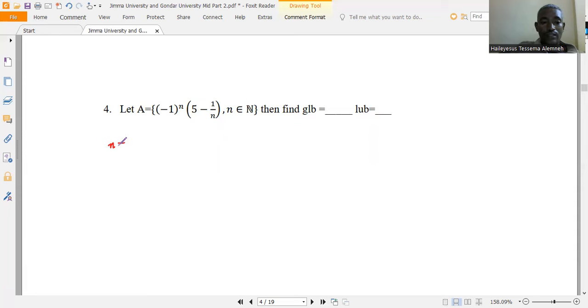n is equal to 1 ሲሆን ምን ይሆናል? minus 1 the power of 1 times 5 minus 1 ይሆናል, which is minus 4 ይሆናል ማለት ነው። n is equal to 2 ሲሆን